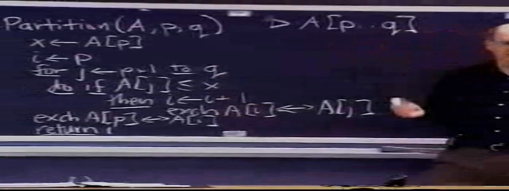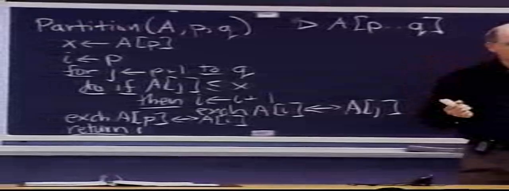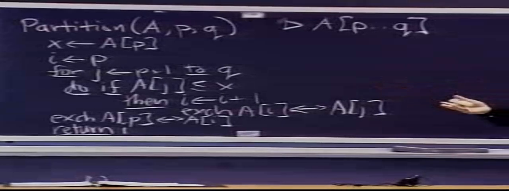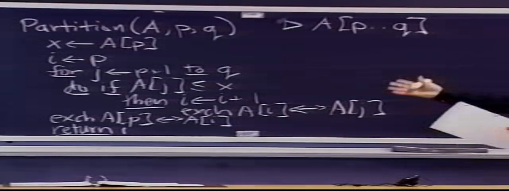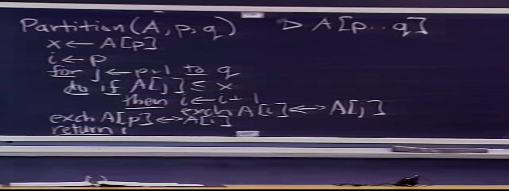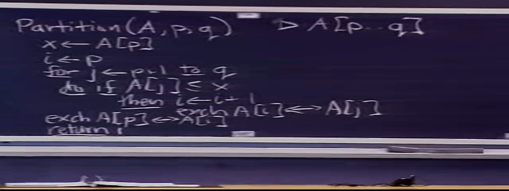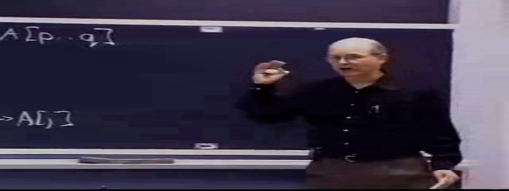Give the invariant. Loop invariant. If you know the loop invariant, it's easy to understand things. If you don't know the loop invariant, what's it doing? I don't know. Okay? In documentation, when you write code, it's a very good idea to put loop invariants for the loops that you write. It will help other people reading your code to know what's going on.